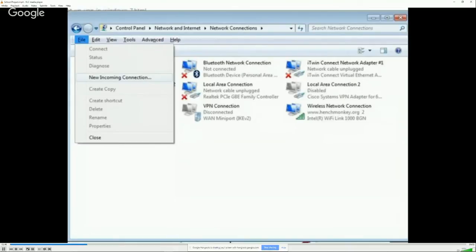Go to your control panel and network and internet and network connections, and make sure you're following the screenshot that we're showing you in this video. Follow that, so you don't get lost. And from there, on your Windows computer, we're going to create the incoming connections to allow that communication. So look for the submenu there and click File, New Incoming Connections, and